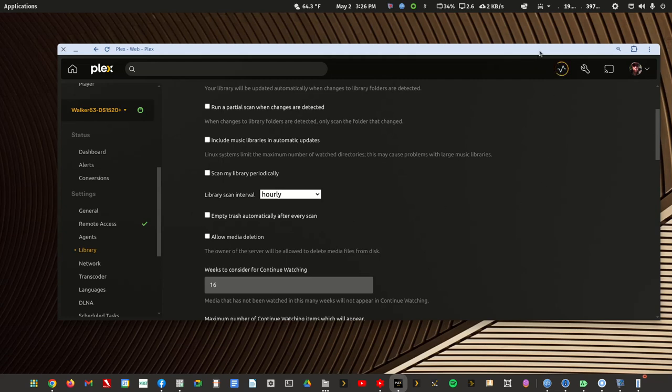But that's how you move a library on a Synology NAS if you want to move library structure to a new volume. That's how you move it if you want to copy everything to a bigger USB drive. And when you plug it back in, the new drive might not be seen as the original drive. So you'd go through these steps and just add the new path and remove the old path. If you're reshuffling media on a single hard drive or moving it between multiple hard drives, this is how you